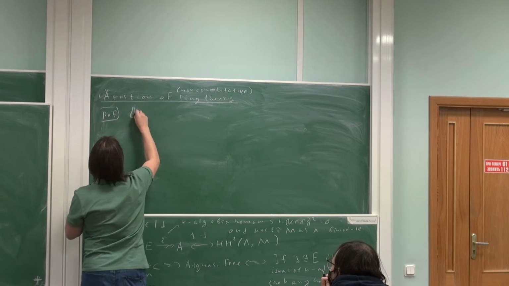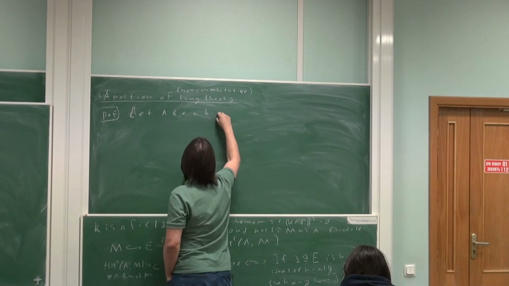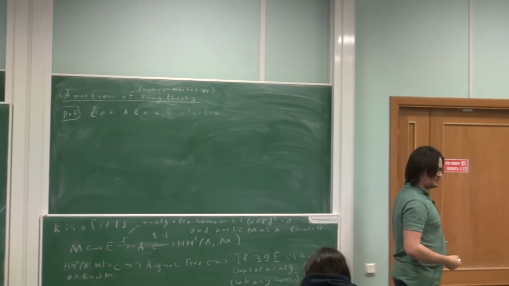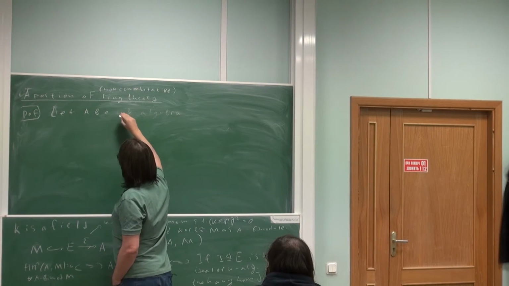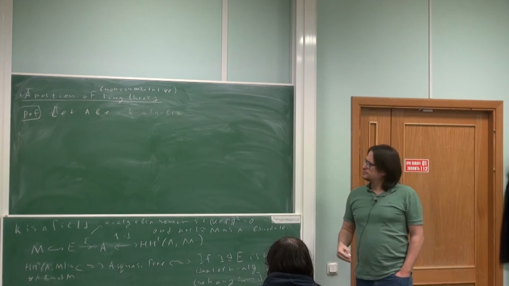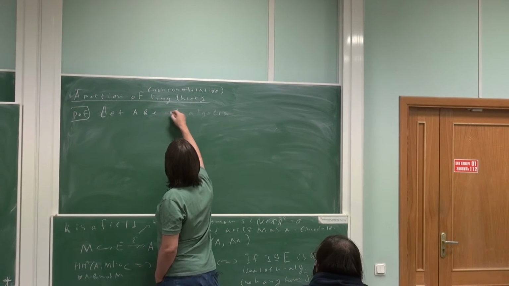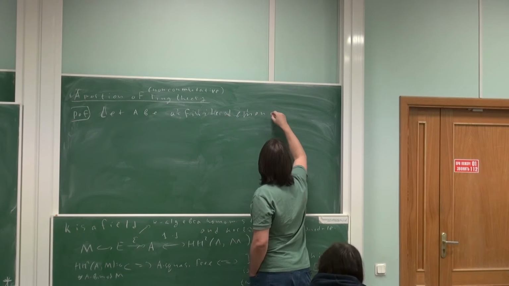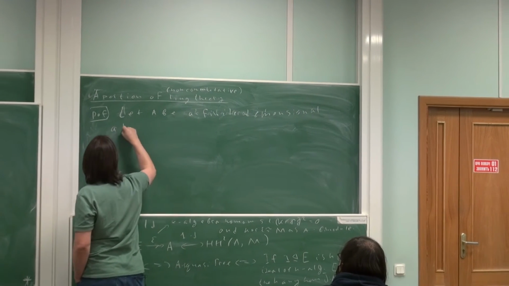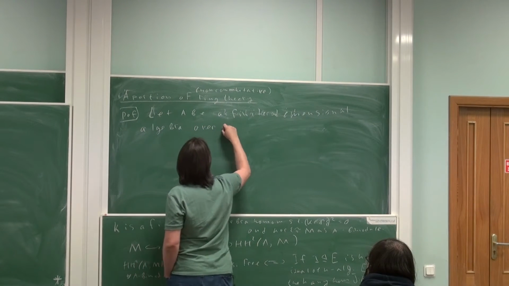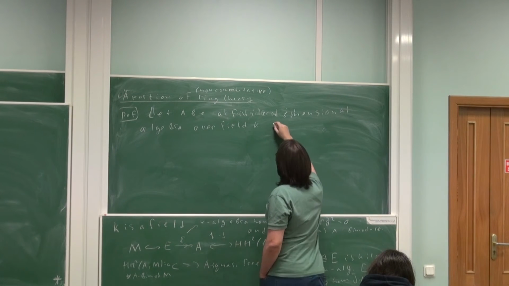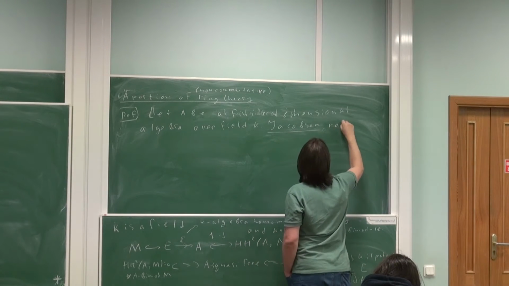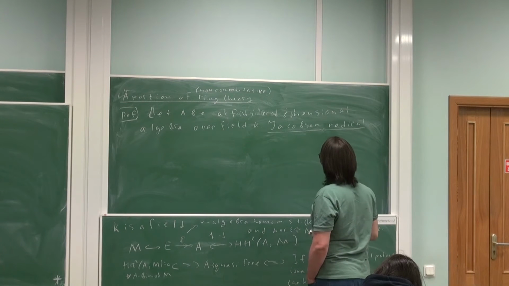Let A be a algebra. In fact, of course, the Jacobson ideal can be defined for any ring, but we now study only finite dimensional algebras over a field, so let A be a finite dimensional algebra over our field K. So it's called not Jacobson ideal, of course, Jacobson radical of A